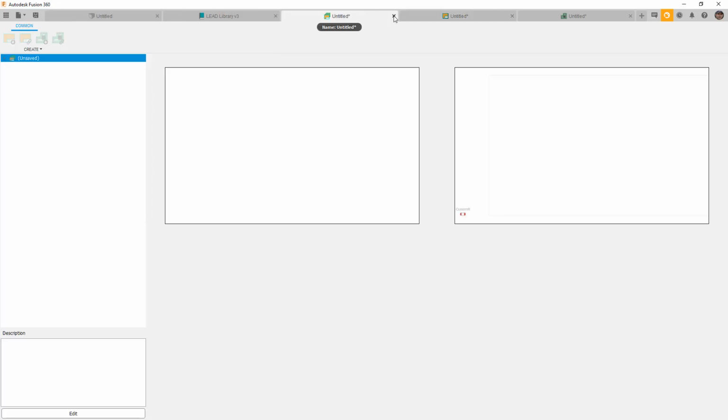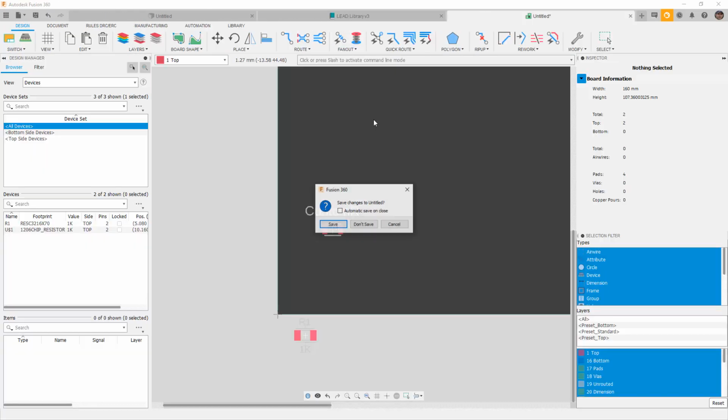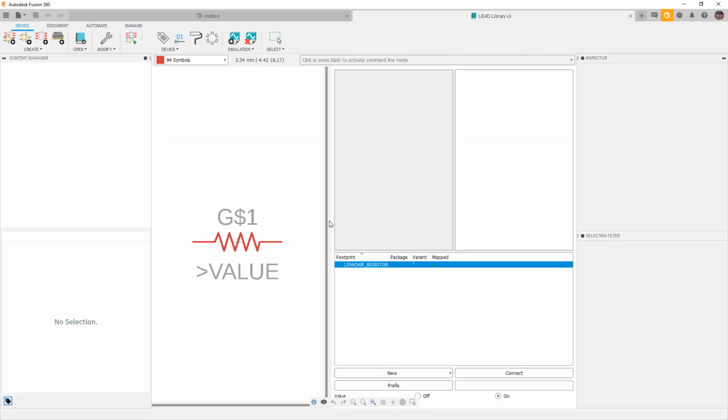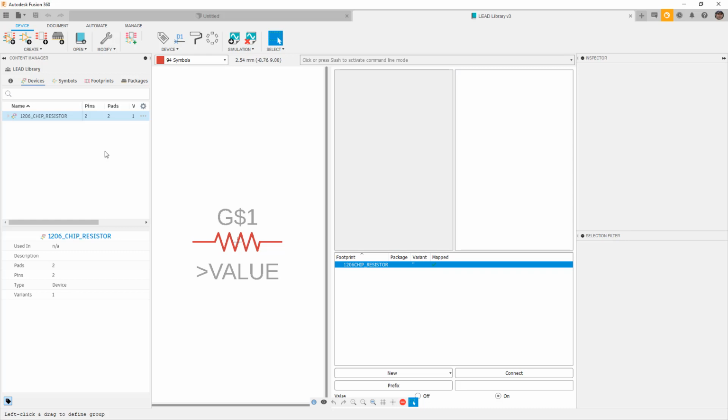So once again, we're not saving any of this. We are making sure that we understand the library aspects of it, making sure that we can create that new library, and making sure that we understand all the different elements that get linked together. Once you're there, make sure that you always save your work, save it often if you're planning on keeping it, and then we can move on to the next lesson where we'll get into making a more complicated example